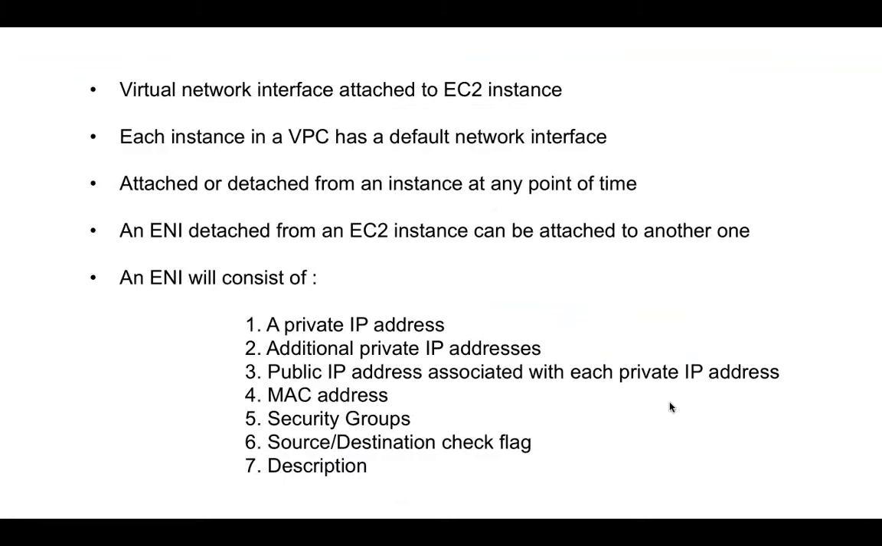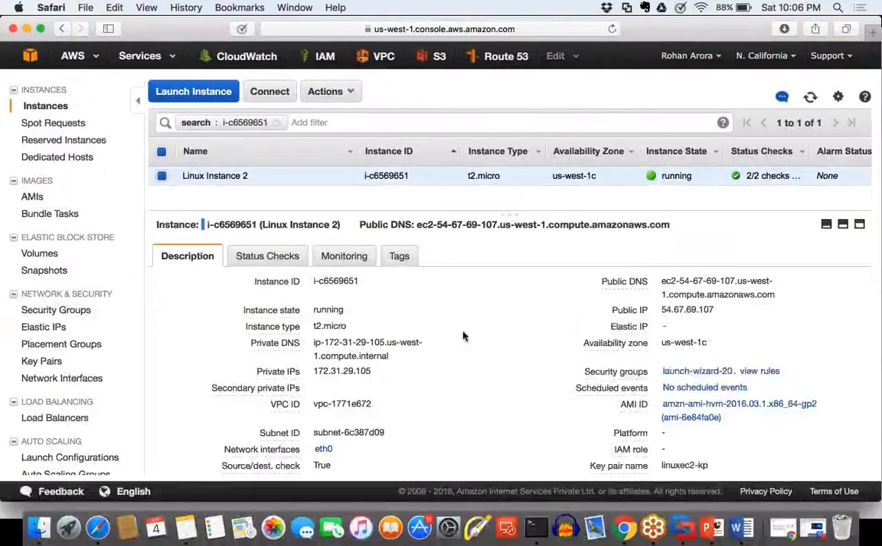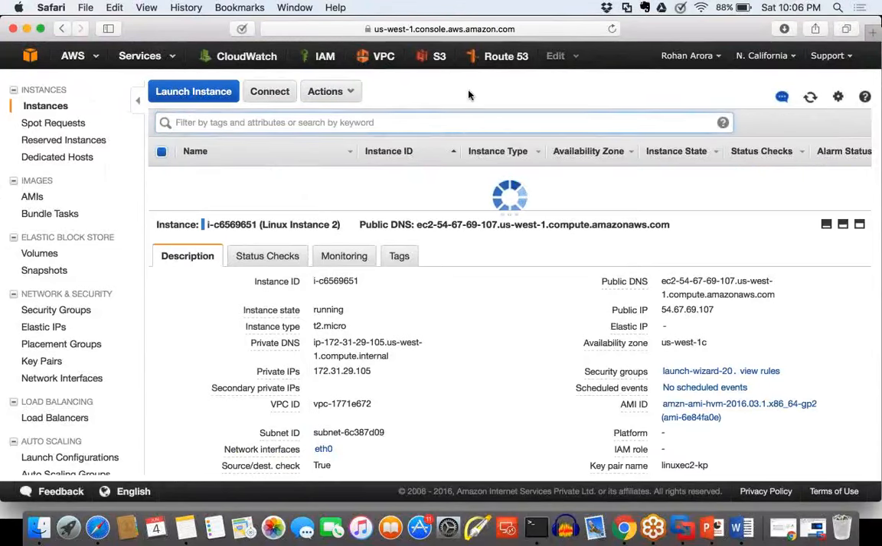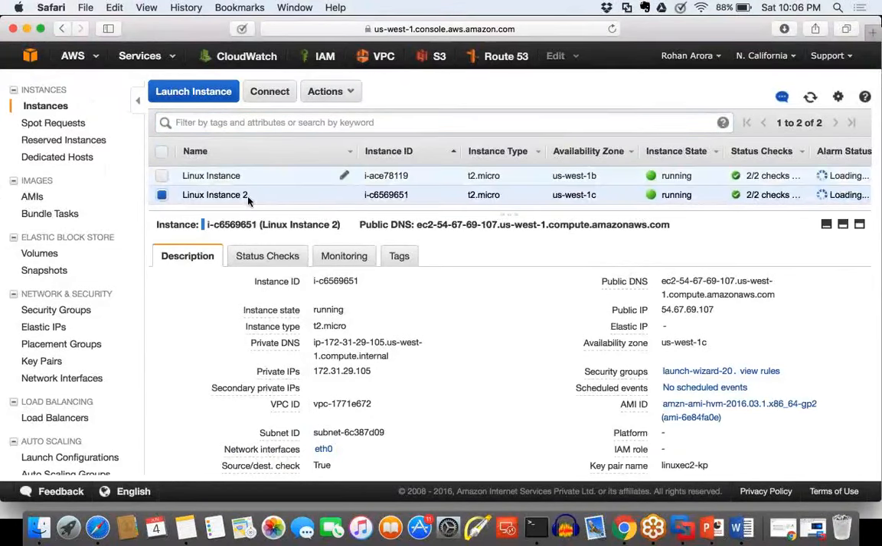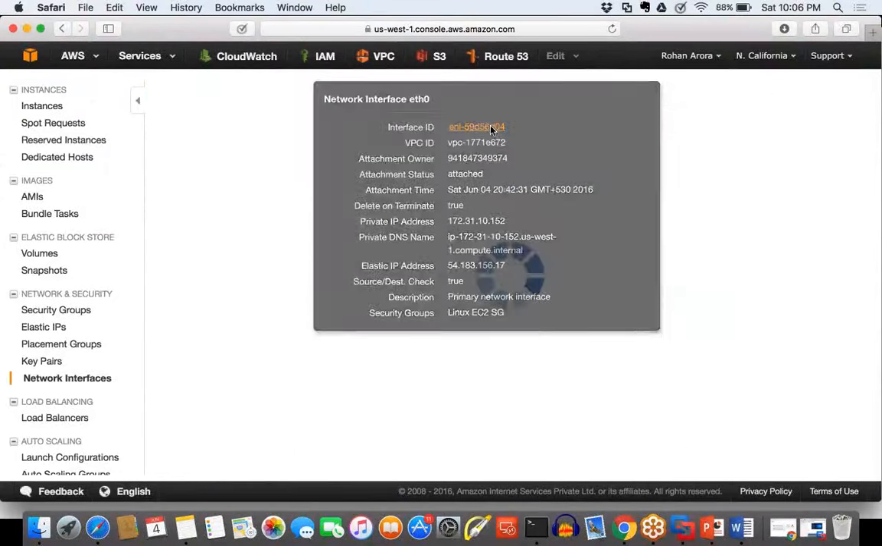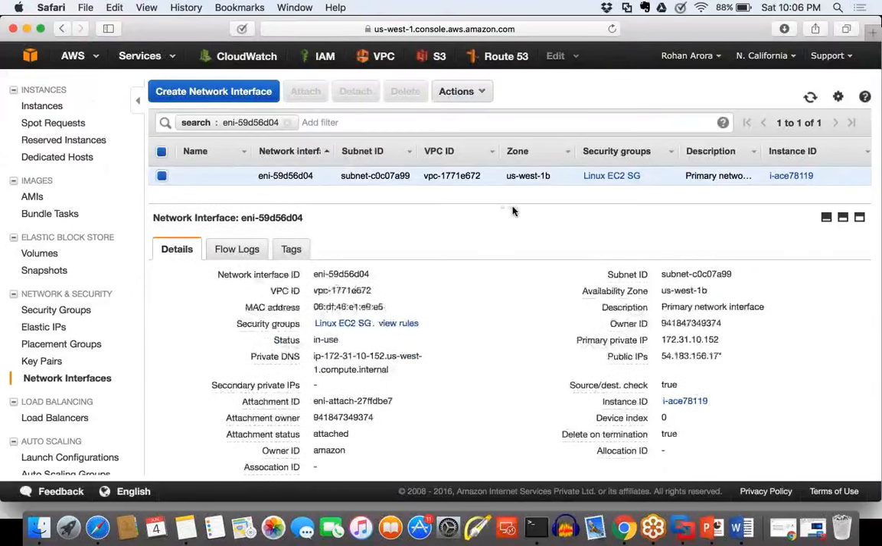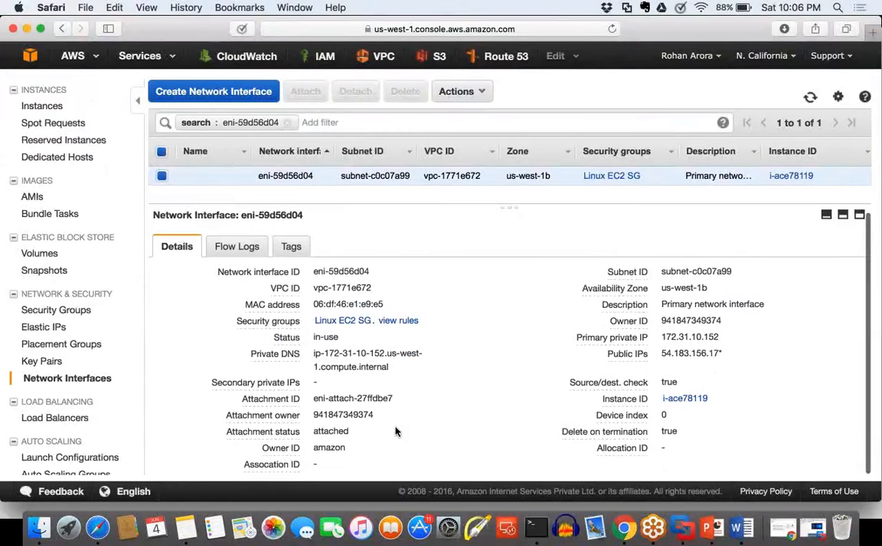Let's do one thing. Let's go ahead and just check our elastic IP. I go to, let's suppose, the top Linux instance, and I go to the network interface, the default one. Just click on its interface ID. This will take me to this interface dashboard. Now over here, if you just see the details of this default network interface,